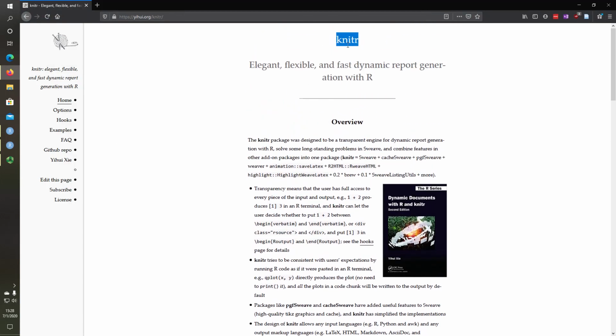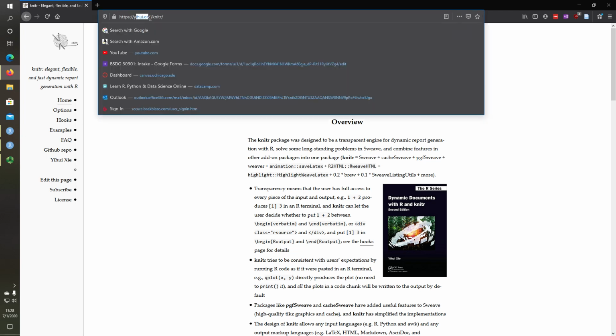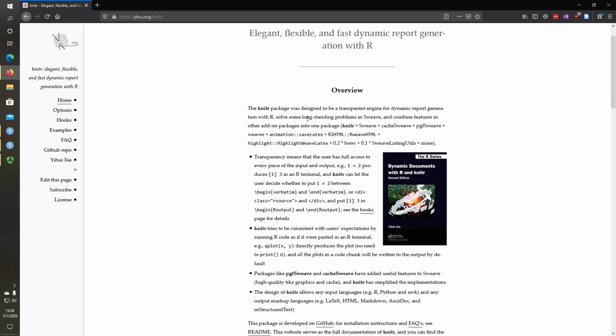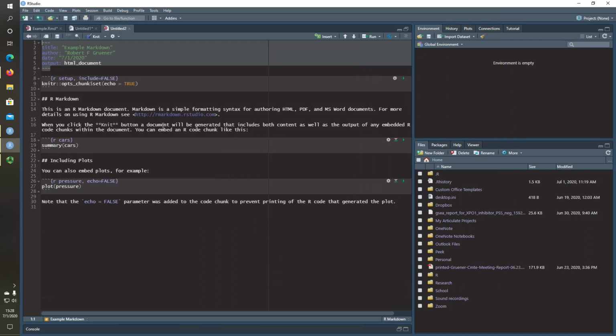If you pretty much just Google knitr, you'll find this URL, and you can look at a bunch of different options. This will just be going over it generally to show that it exists and it can be potentially useful for you. I would recommend choosing whether or not you like it,